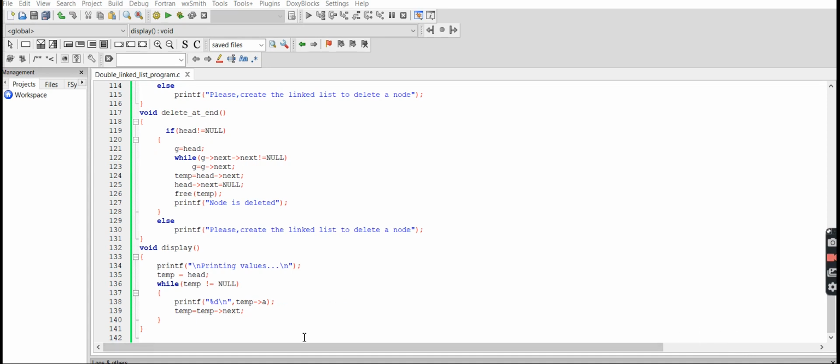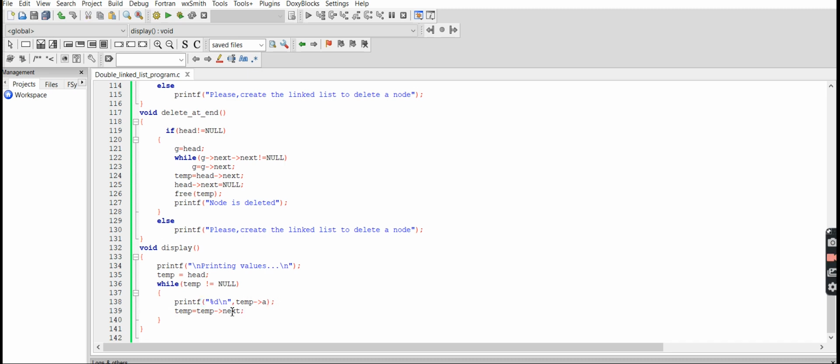For clear understanding purpose, I use the display function. In that, I am printing the statement printing the value. After that, the head is assigned to the temp pointer. While with the condition temp not equal to null, in that it prints the data that is stored in temp of a.